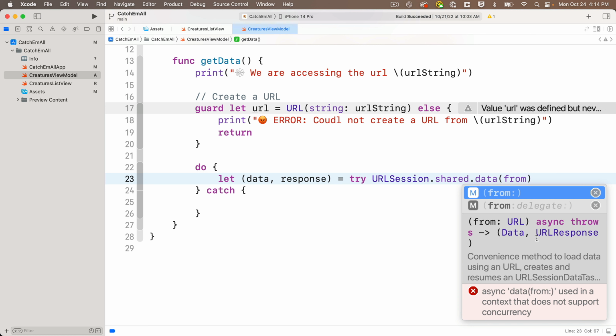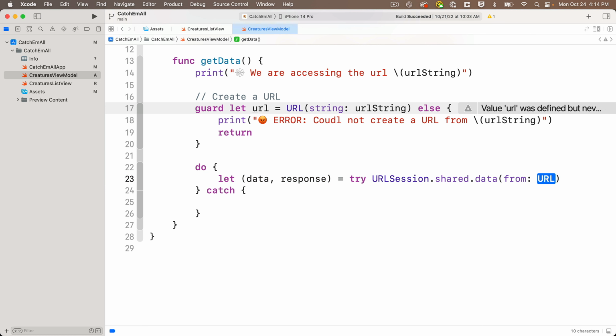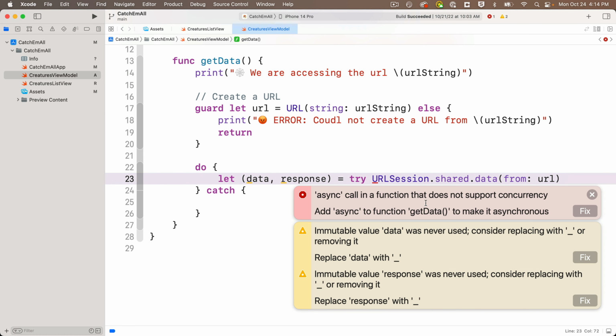I'm going to select this anyway though, and it wants a URL, so I'll pass in the lowercase url, the value that we created above. And because we didn't use async and await when writing code, we're getting a couple of errors in here. It says we're calling an async call in a function that doesn't support concurrency. So I could fix this and Xcode will add the async keyword after getData,